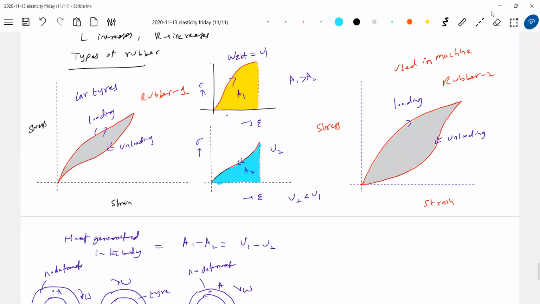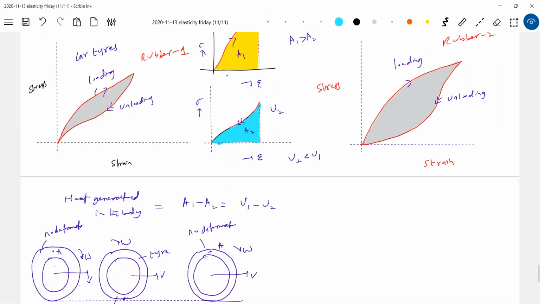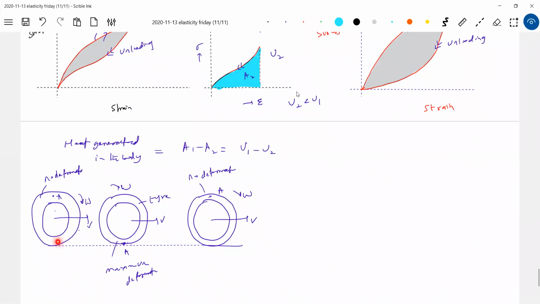Able to understand? So these are some theoretical ideas. So the stress versus strain graph, the area under the curve, what will it give? The energy. The difference between the loading and unloading curves will be the heat generated. I'm writing this one here. And these are all theoretical ideas. So what is one cycle? This is one cycle. Here it will start. Now deformation, then reformation. This will become one cycle.